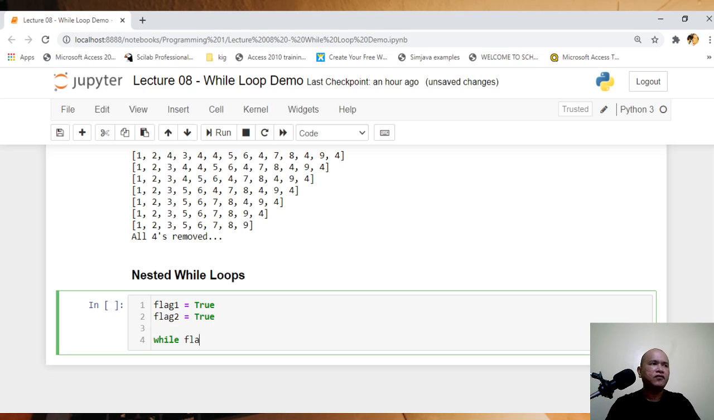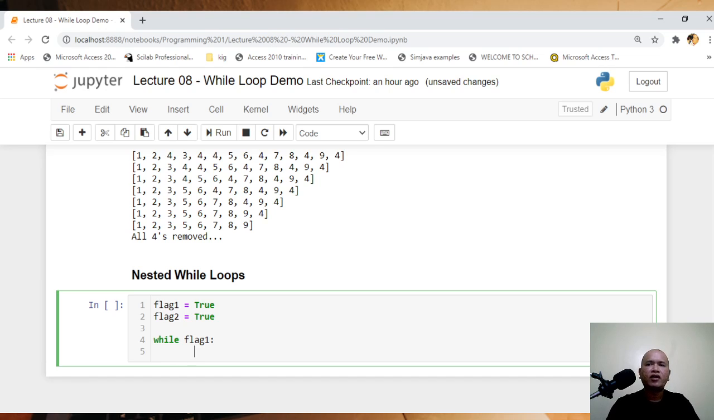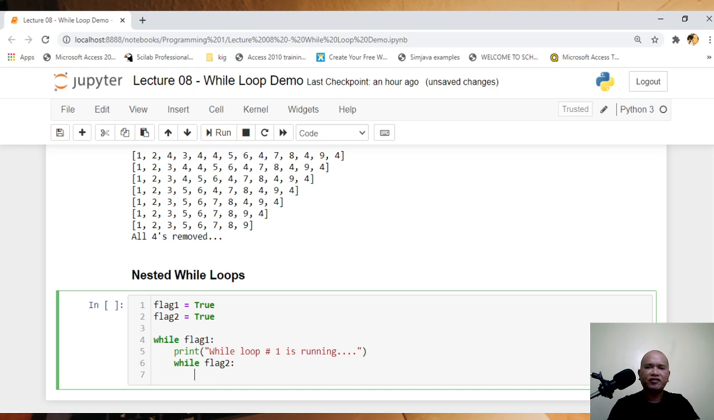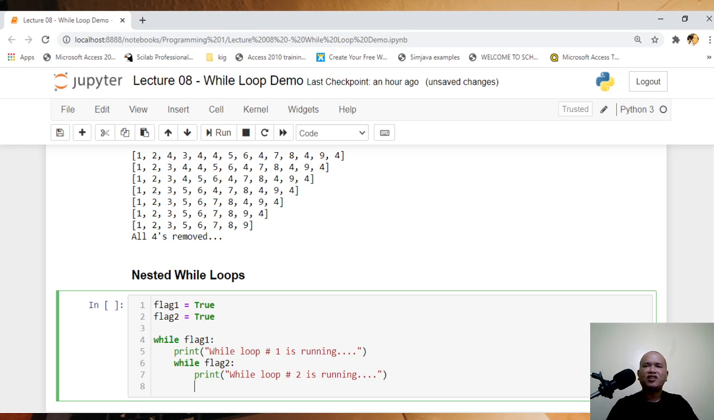So while flag 1 colon, print while loop number 1 is running, and then inside of that again nested while loop, so while within a while, so we're going to have another while inside of a while. So while flag 2 colon print, copy paste, loop number 2 is running,